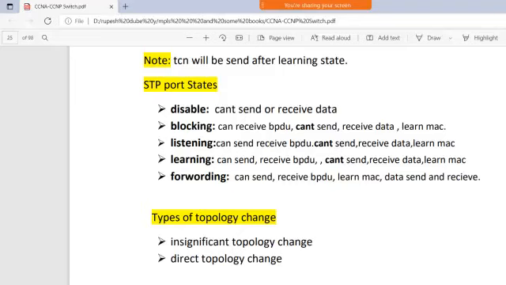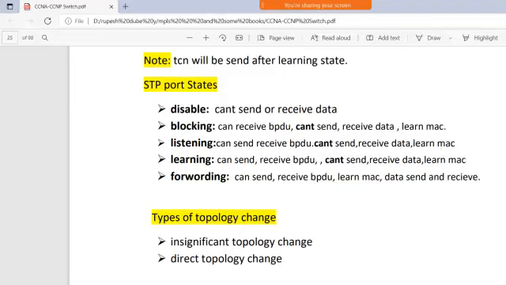Listening means it can receive BPDU messages, it cannot send them, and the MAC learning process also starts inside this listening state.